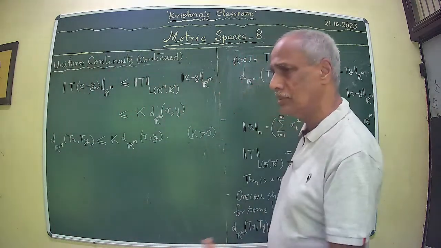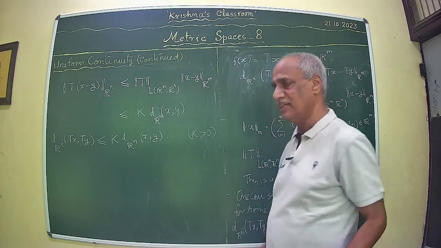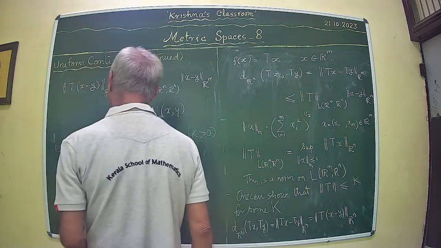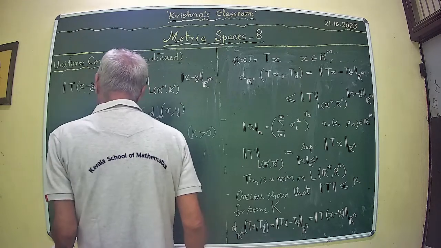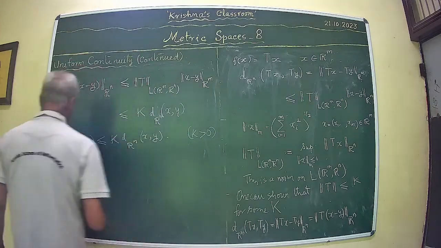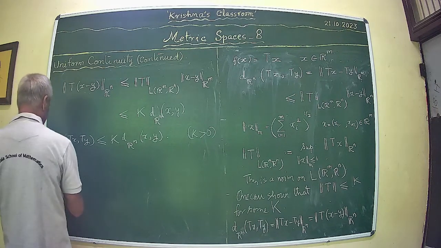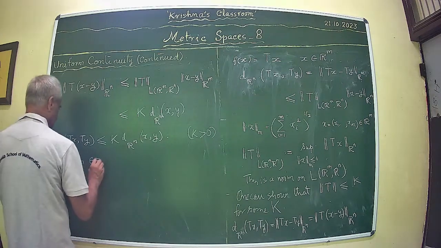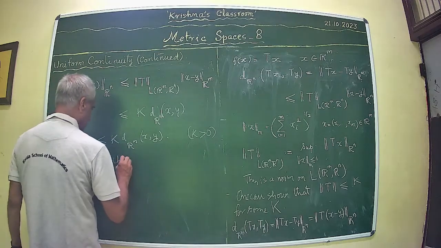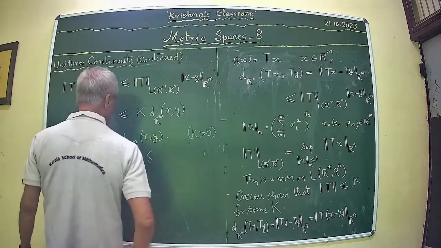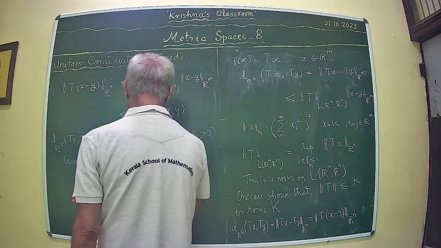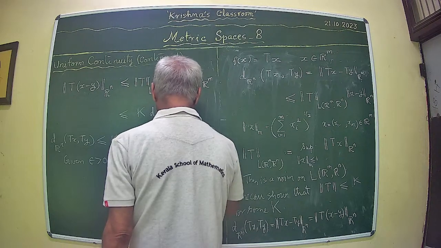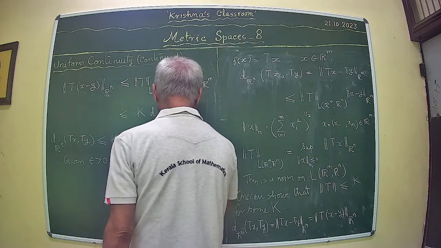So corresponding to each linear transformation, there exists such a k. And the consequence is that, given epsilon, choose delta